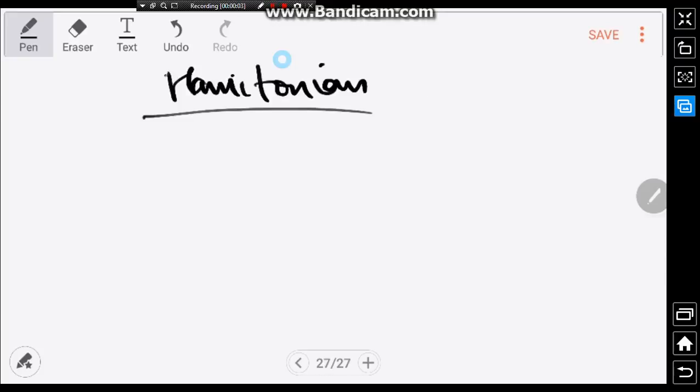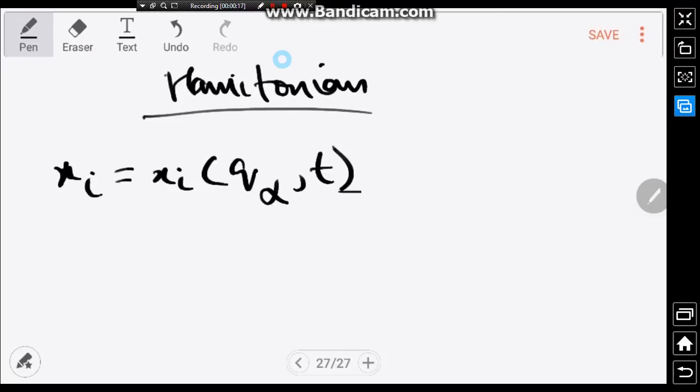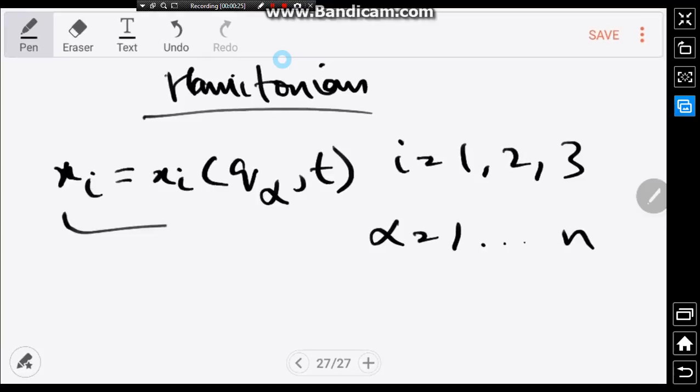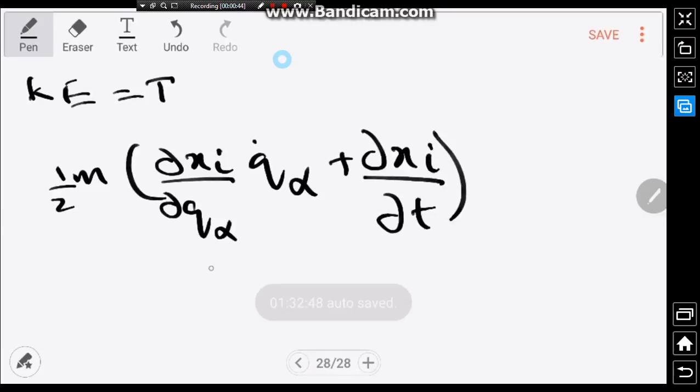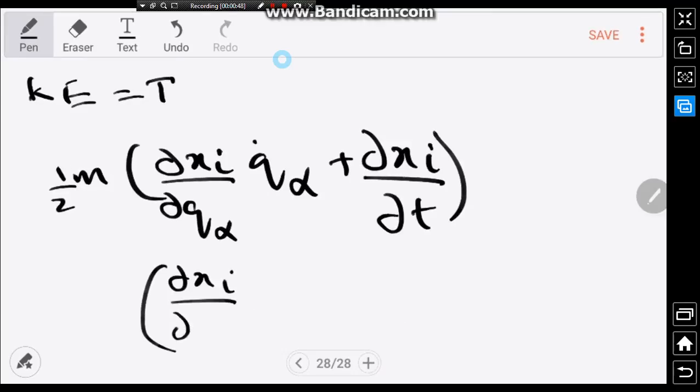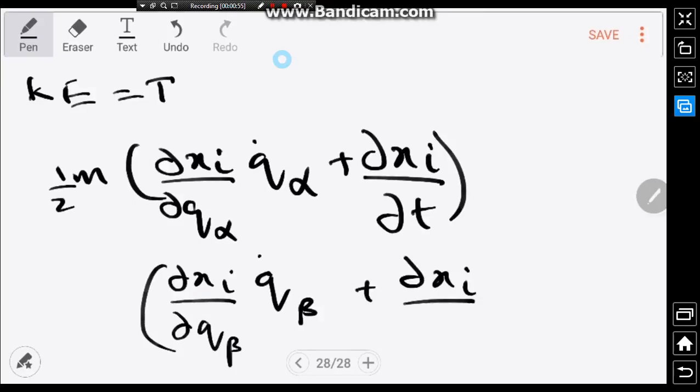Now let's begin with the Hamiltonian method for rocket dynamics. Remember, we defined the equation x_i is equal to x_i(q_alpha, t) for i equal to 1 to 3 and alpha equal to 1 to n. Now if this equation contains time explicitly, then the kinetic energy T becomes 1/2 m into (∂x_i/∂q_alpha times q_alpha dot plus ∂x_i/∂t) into (∂x_i/∂q_beta times q_beta dot plus ∂x_i/∂t),